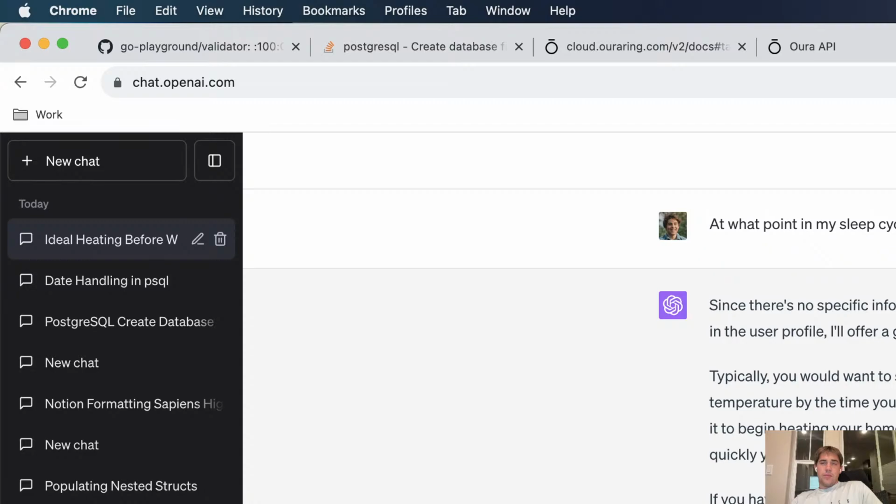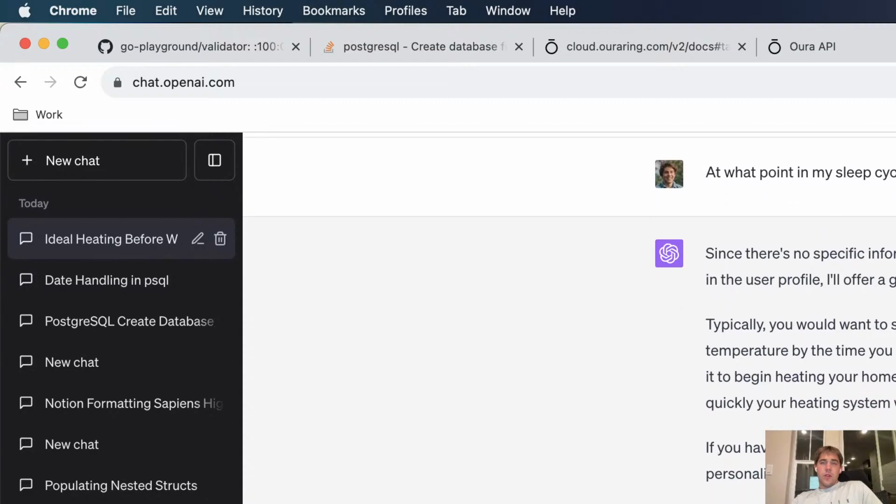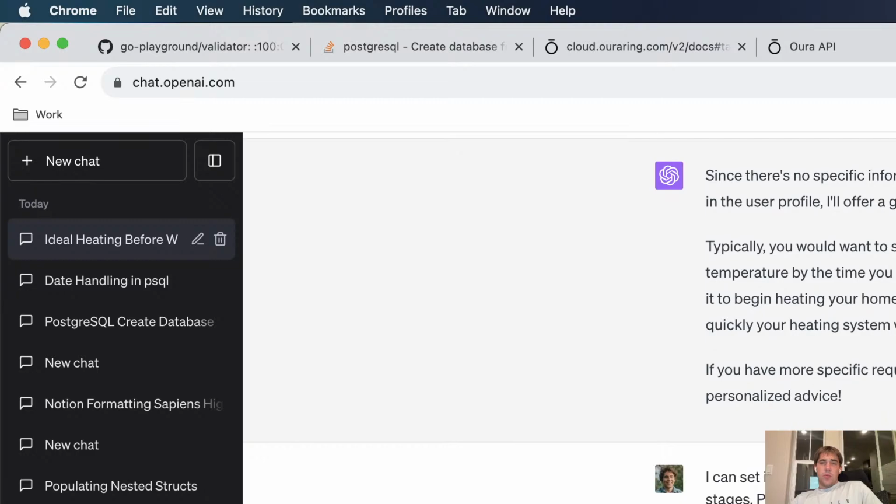During these stages, you are sensitive to temperature or sensory.